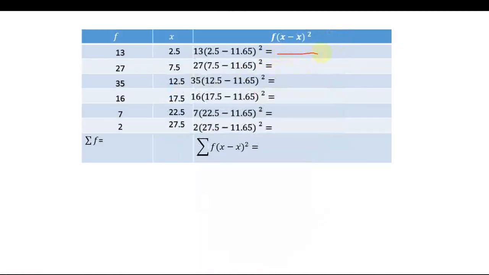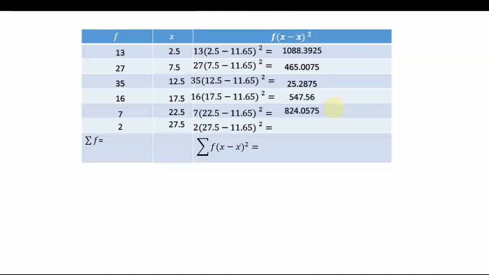So now here on the last slot, you are going now to record. So do it directly on your calculator. Say 13 into, you open brackets, then 2.5 minus 11.65, close the bracket, put the square, and you should be able, when you punch the equal sign, to get 1088.3925. The same thing there, you multiply directly and you have that, and they are the same, and then you